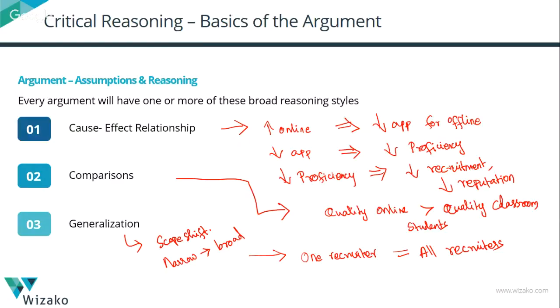This particular argument we've taken as an example because it has all kinds of these relationships. It had a cause-effect relationship, it had comparison relationship, and it had generalization relationships. Every argument will not have all of these. Out of these 4 or 5 different relationships that we have jotted down here, an argument that you're working on would probably have 2 or 3 of these. So take the time to read the argument, to process it, and to identify what are the relationships that are existing in that particular argument.